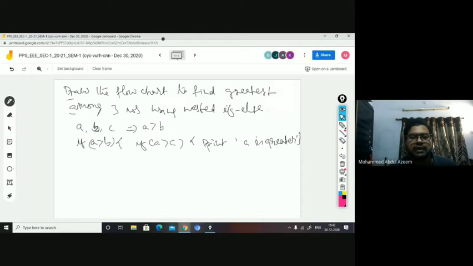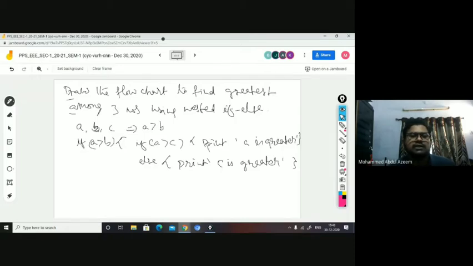Okay. Let us say this condition is false. What do you mean by it? See, when do you come here? When A is greater than B. It means there is no question that B can be greater when you come inside, right? And this condition is false. It means when A is already greater than B, but A is less than C, it means C is obviously greater, right? So what do you say? Print C is greater. Yes or no? C is greater.